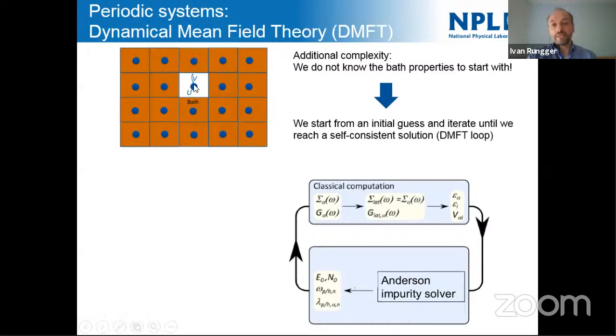Now the only difference is that once you have solved it, this will affect the bath itself, right? So once you have the output, the input parameters will depend on the output. So you have to cycle this in a loop until you reach self-consistency in the bath parameters. But the computationally difficult bit is still the Anderson impurity solver, right? The loop outside may be difficult in itself to converge, but it's a classical fitting optimization loop.